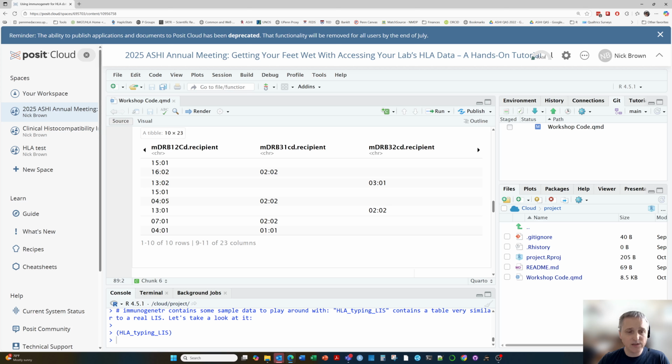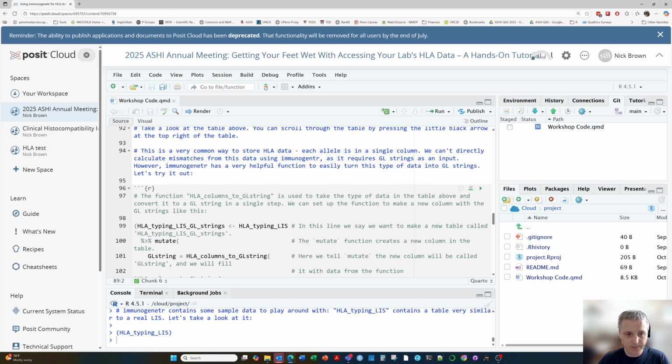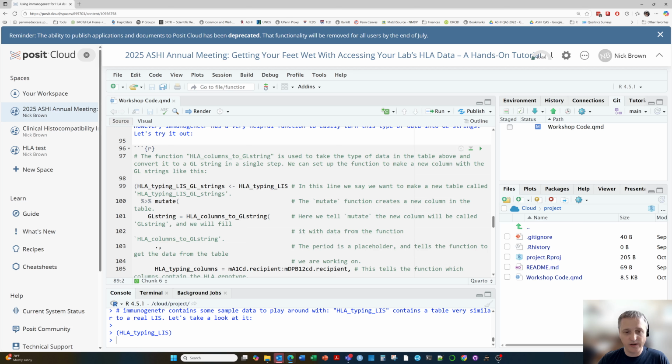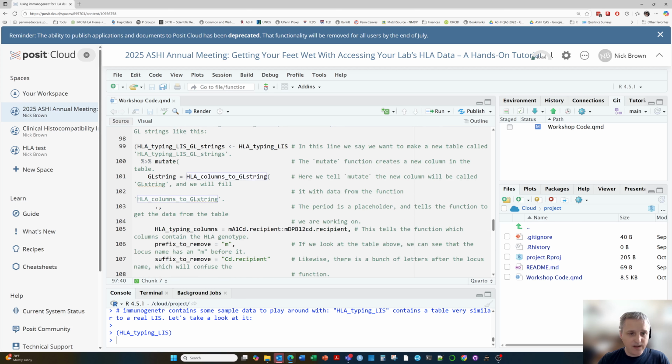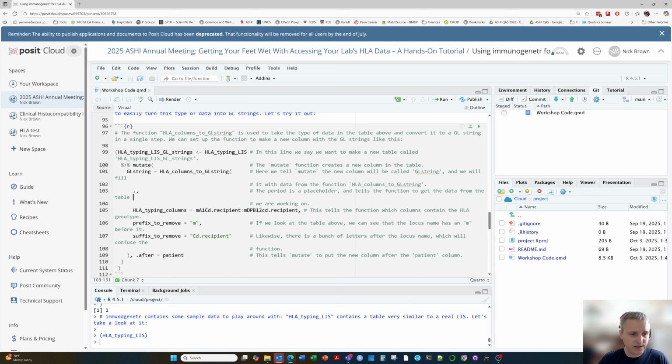All right, so if we wanted to perform mismatching on something like this, we would first need to get this into GL string format. So luckily, Immunogenetor has a very nice function that will do that for us. It is called HLA columns to GL string. All right, so there's a lot going on here. Maybe I'll make it just a little bit smaller so we can see. But we are taking this HLA typing